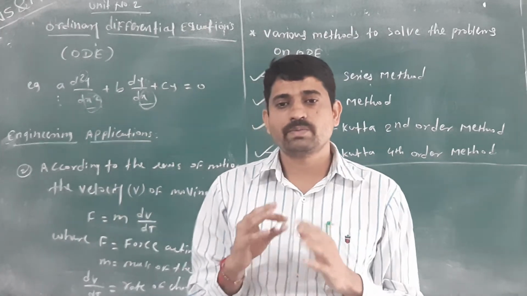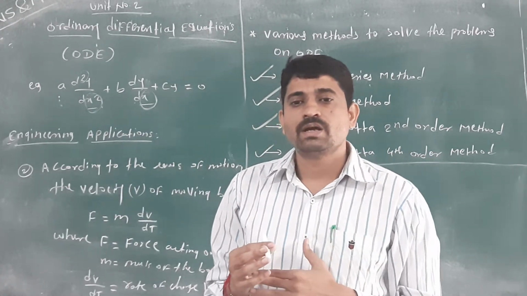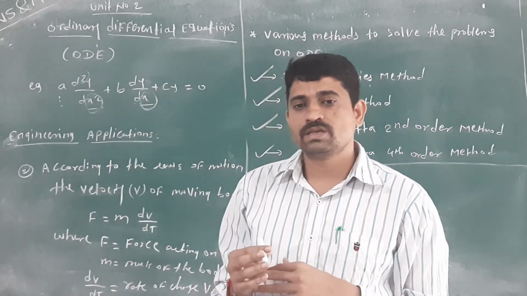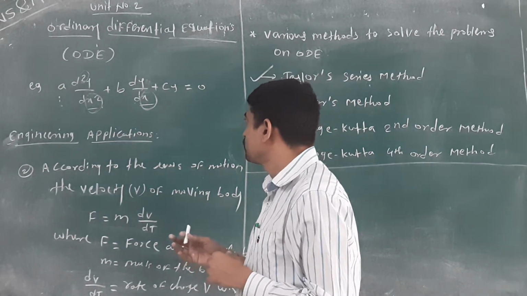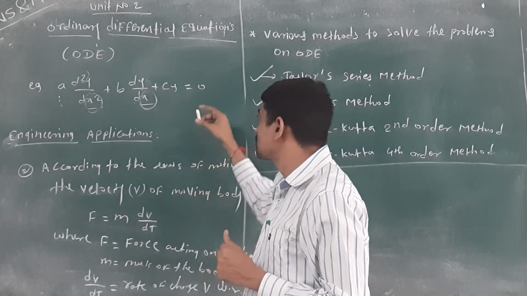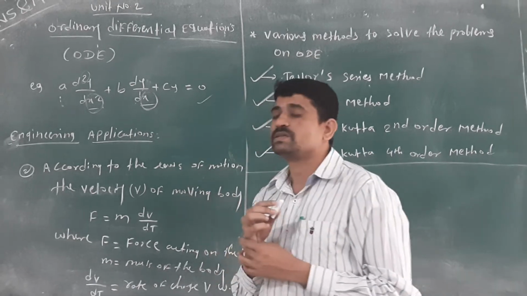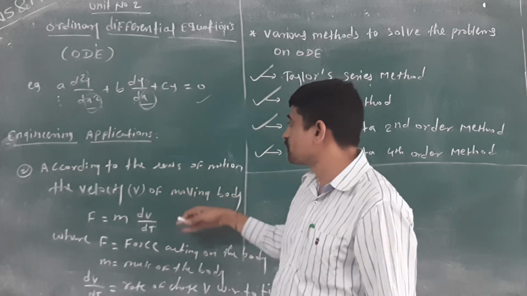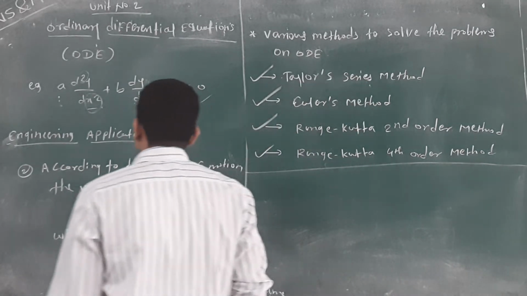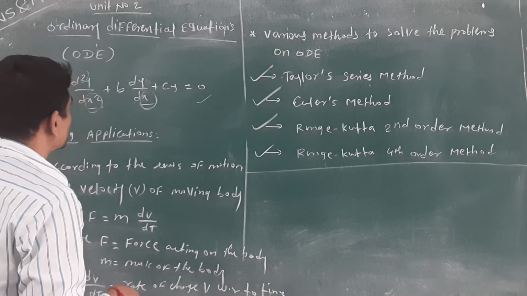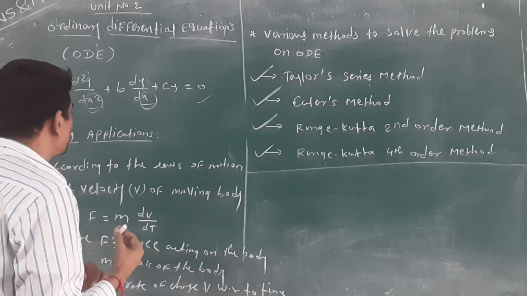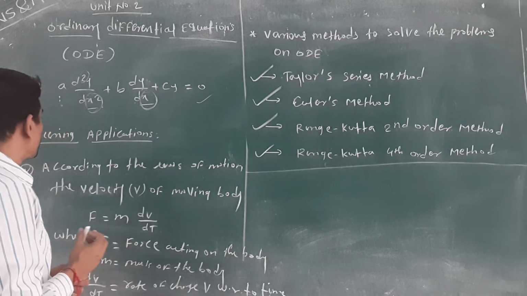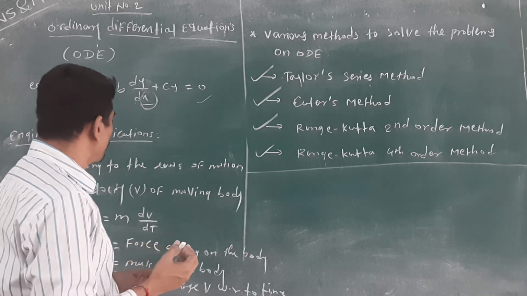You should remember that a differential equation describes the changes in the state of the system. How it changes, we have seen with the help of 2 examples. First is conduction, the basic law of heat transfer by conduction, called the Fourier law. And second is the motion law. According to the law of motion, the velocity v of a moving body.